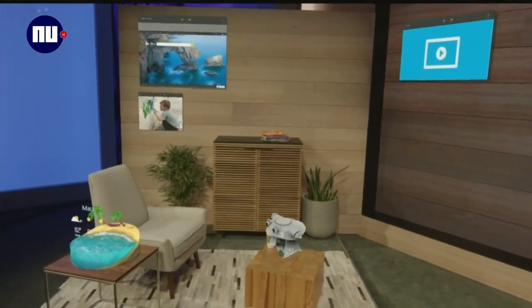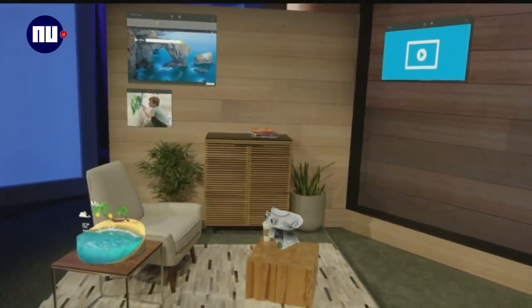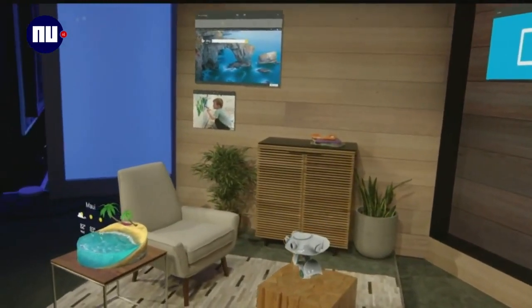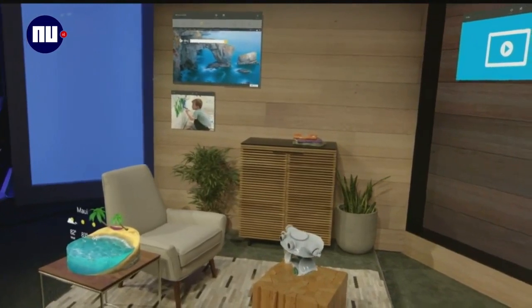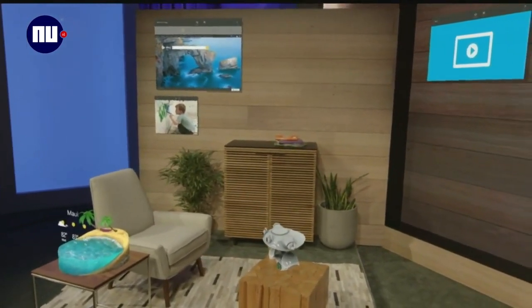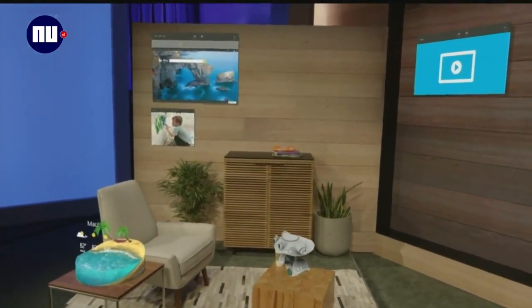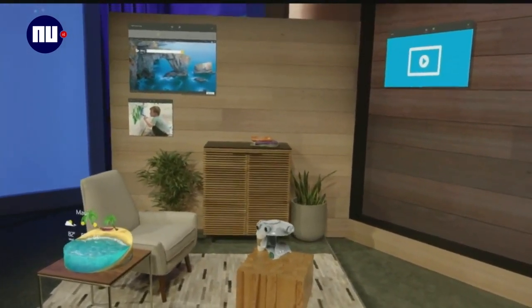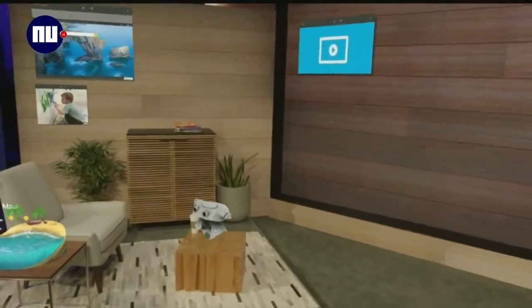This is life with holograms. And as you can see, Darren has customized his space. Instead of digging through menus, everything is right where he wants it. Yeah, whether it's Microsoft Edge, Photos, or video apps, these are simply universal Windows apps that we've placed as holograms.